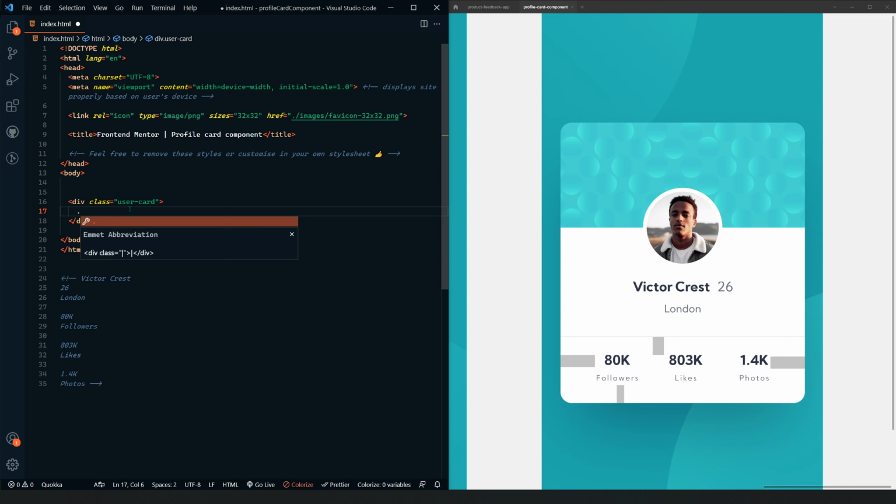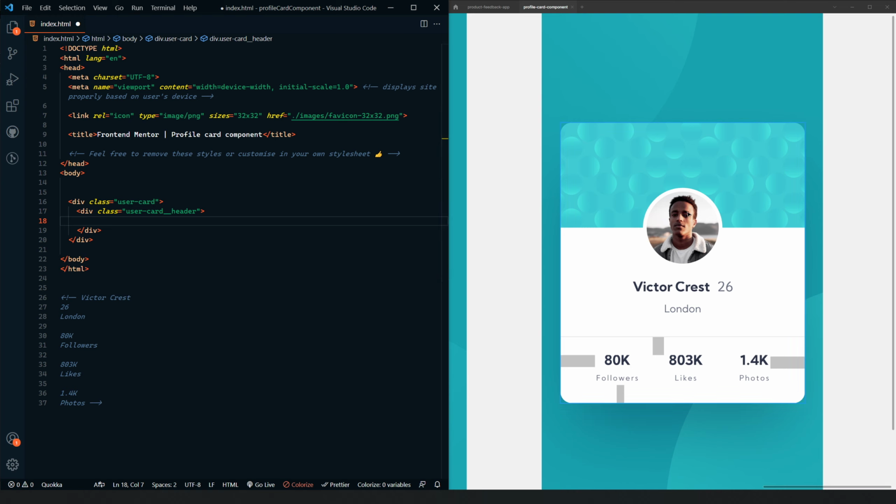So the first, I'm gonna say user card header. And header, just because it's the top is the header, but it's not an actual header element, as that usually contains some sort of navigation, some sort of information as to what the below content is. This doesn't, so I'm not going to actually do a header component. Inside of that, we have